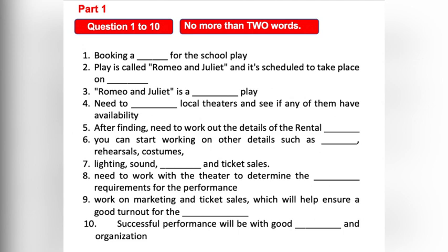Once you find a theater that is available, you'll need to work out the details of the rental agreement, such as the cost and the terms of the rental. Once the theater is secured, you can start working on other details such as casting, rehearsals, costumes, lighting, sound, marketing, and ticket sales. You'll also need to work with the theater to determine the technical requirements for the performance, such